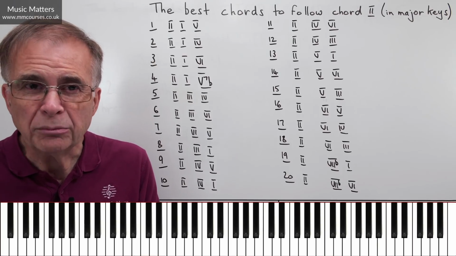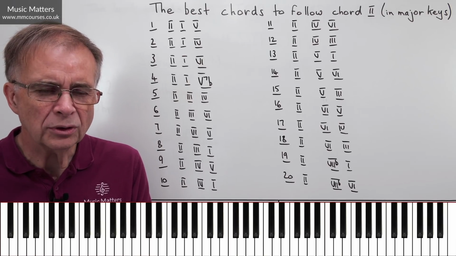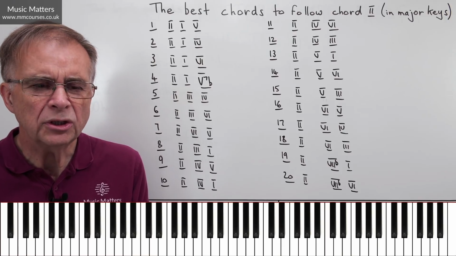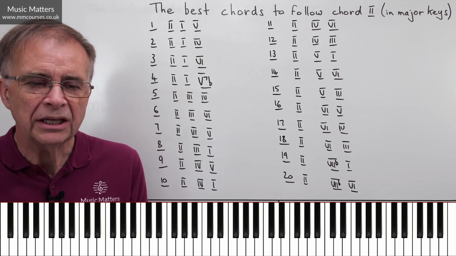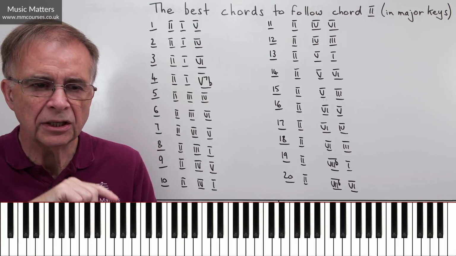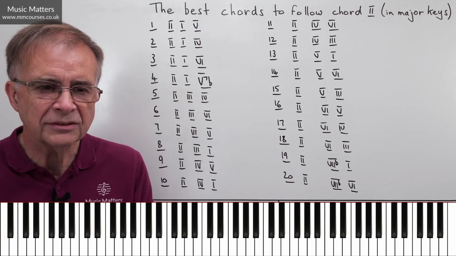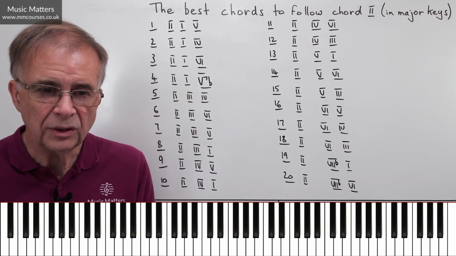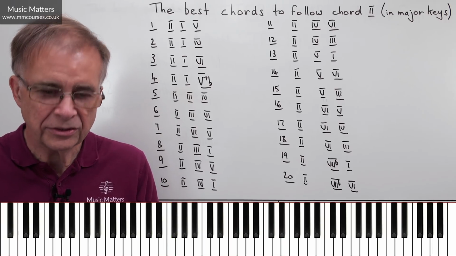Well, there's an element of truth in that, but actually chord 3 can be a very effective chord. So how about this, going from 2 to 3 to 4? If you think about it, it's going to give me a nice steady bass movement, isn't it? Because if I go 2, 3, 4, the bass is going to go D, E, F in the key of C.